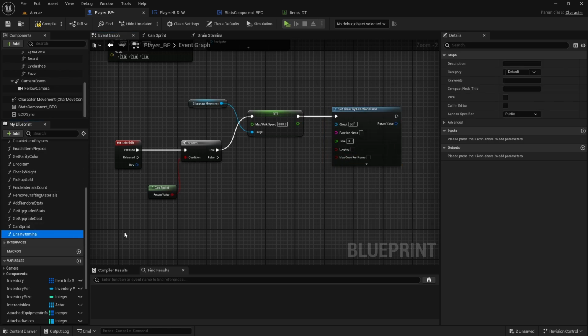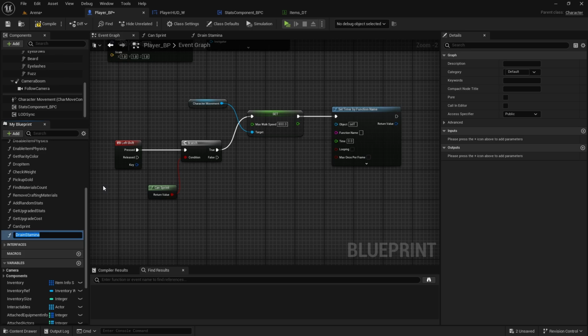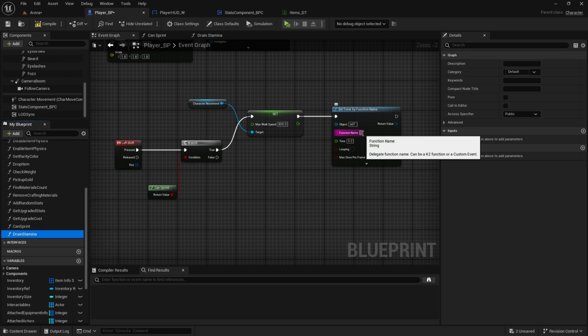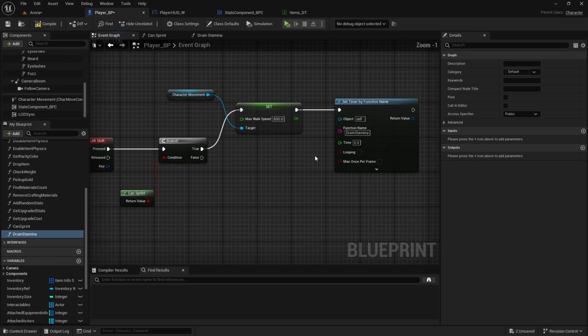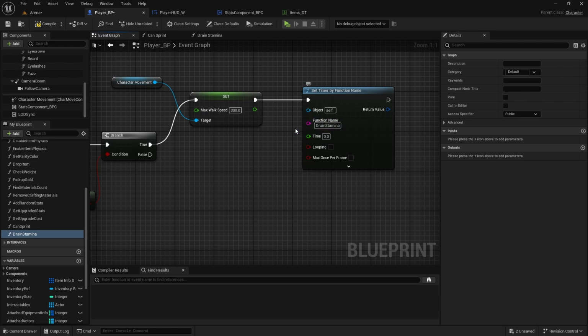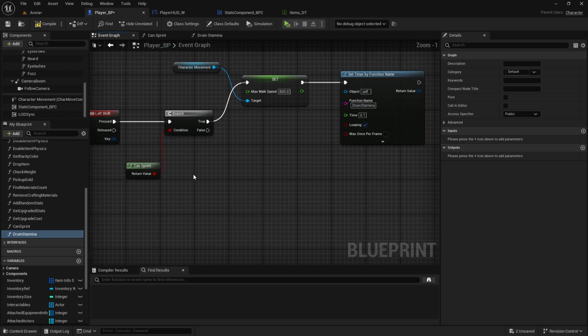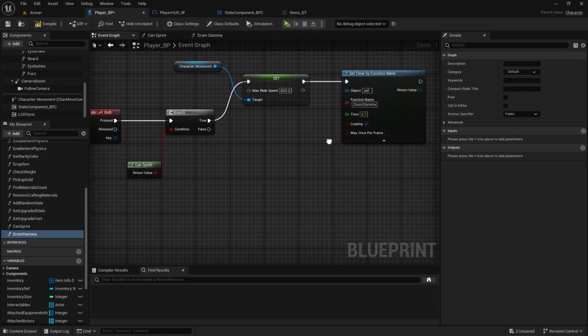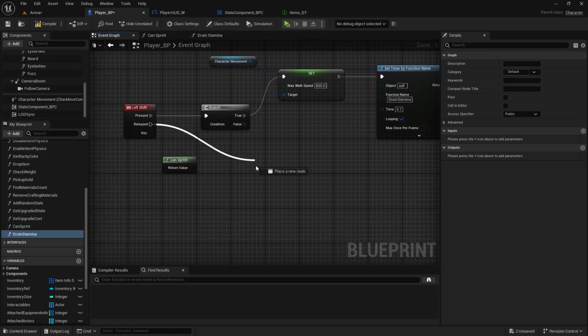Function is the drain stamina. It needs to be written here the same way, so just copy the name and paste it. And this will start the timer on this function. It will be looping, and it will go 0.1, so 10 times per second it will drain 2 stamina. Okay? And this will run continuously, so when we release, we need to